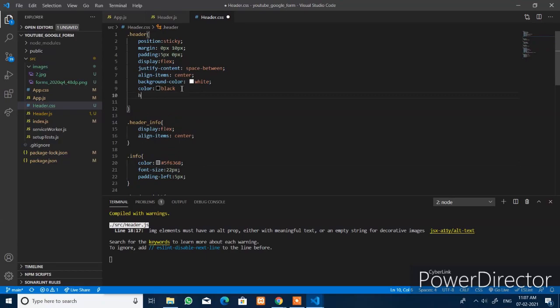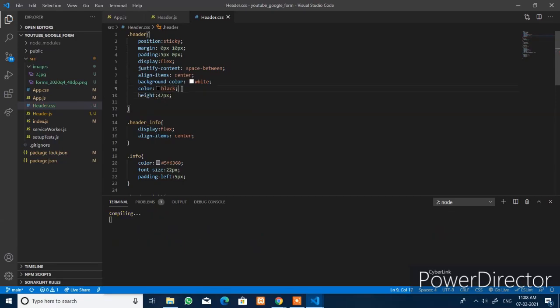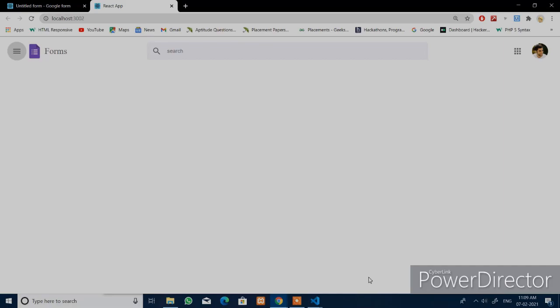Give the header height 47 px. You missed the semicolon here. Now the header component of the home page is completed.